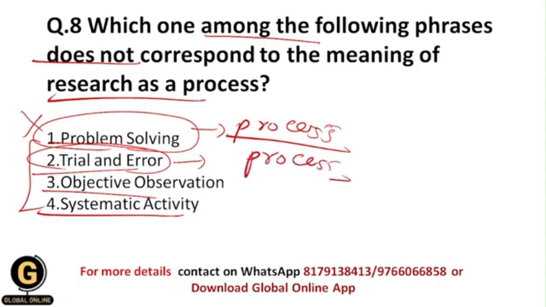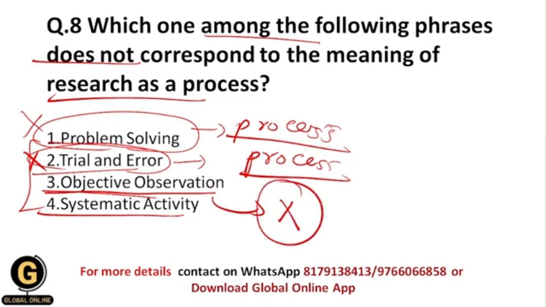Okay, this is nothing but a process, or you can say it's a method, and that's why this is again the meaning of research as a process, so this gets eliminated. Now objective observation is a data collection method, in which we fairly observe the participants. Okay, and that's why this is not a process, this is the data collection method,